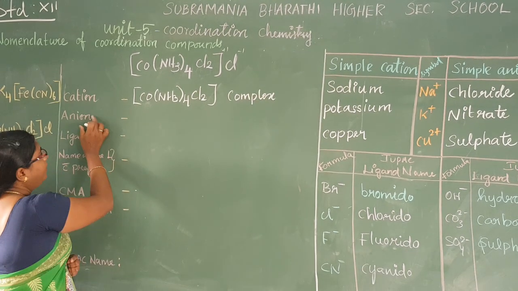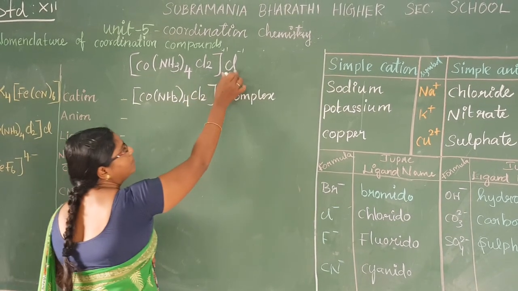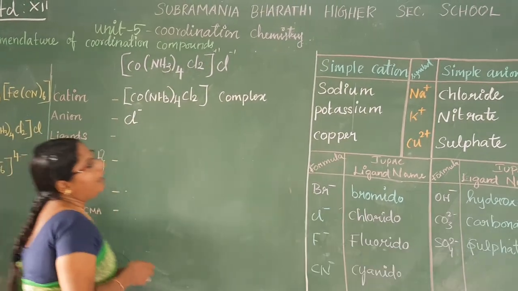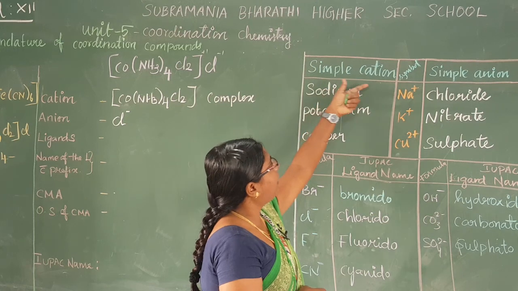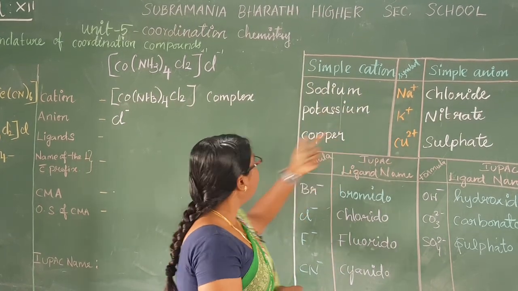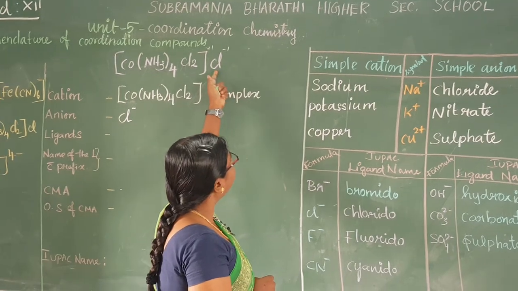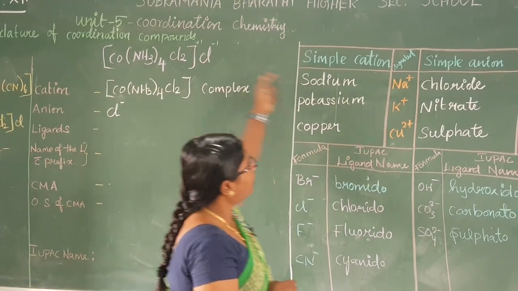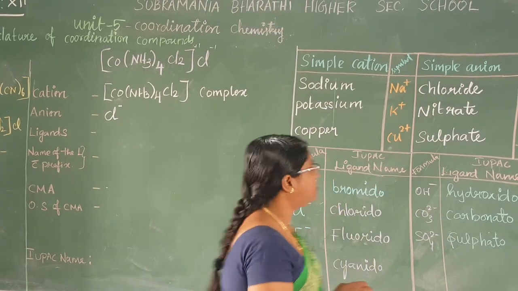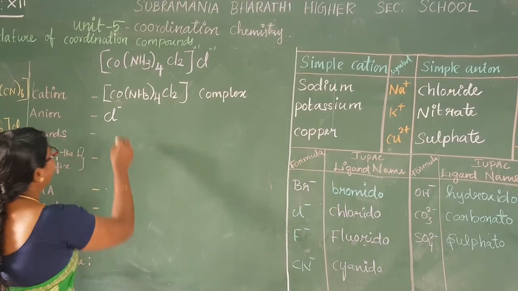Then I have to write what is the anion here. The simple anion is Cl minus. Okay, I have written the tabular column: simple cation named as it is. In the first case I have written potassium as it is. In the second case, what is the simple anion I am having? Chlorine. So it will be written as chloride as it is. Okay, it is the simple anion,